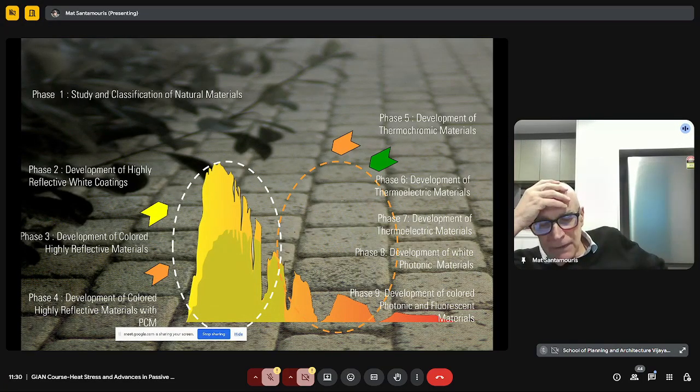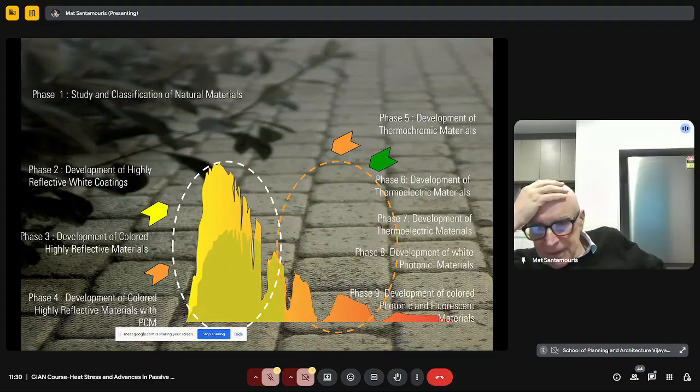Based on this requirement, many scientists developed the so-called thermochromic materials. Thermochromic materials change the color or the properties as a function of the temperature. So during the summer period, these materials can be very reflective, and during the winter period, they can be very absorbing. How? We will see it later. These materials have been developed, but they have some problems and have not penetrated the market much.